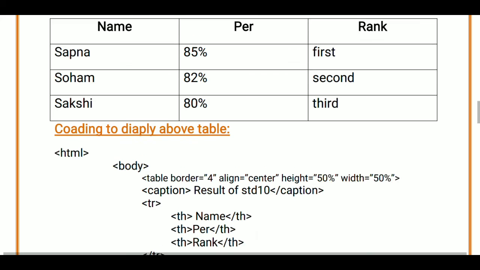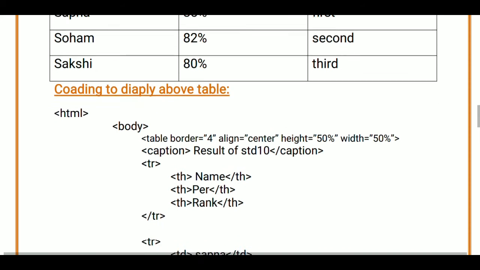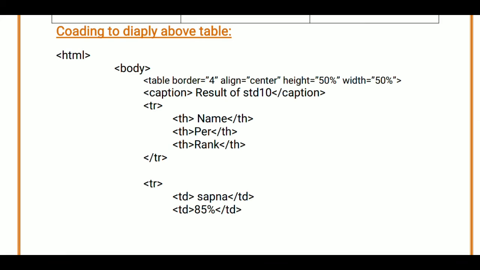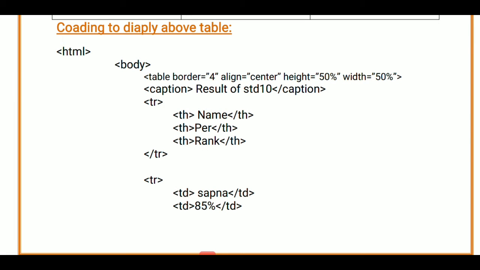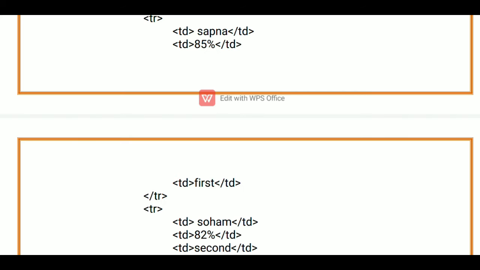Now we will define our data. So the first data is Sapna, 85% and first rank. Again we have to open the tr tag because this is the second row. Now to enter data we will use the td tag. Okay, have you understood the difference here? Now we are going to insert data that we want on the left side and with the normal font. That is why we are using the td tag. So in td, first our content we will write, that is Sapna, 85%, and what is the rank of Sapna? First rank. And then the closing tr tag.